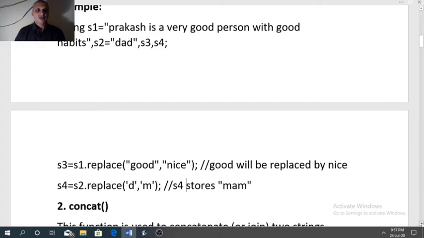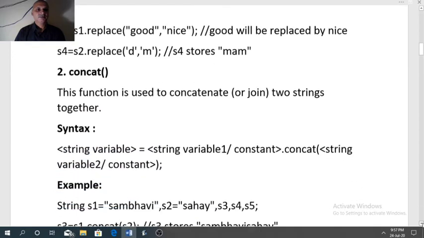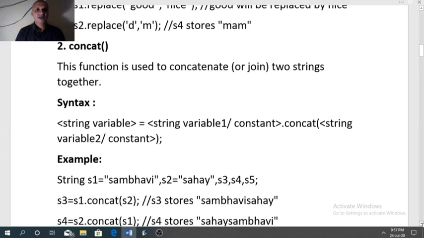The second function is concat. This function is used to concatenate or join two strings together. After joining two strings, the result will be a string, so first we need a string variable to store the result. Now after the equal sign, the first string we will write.